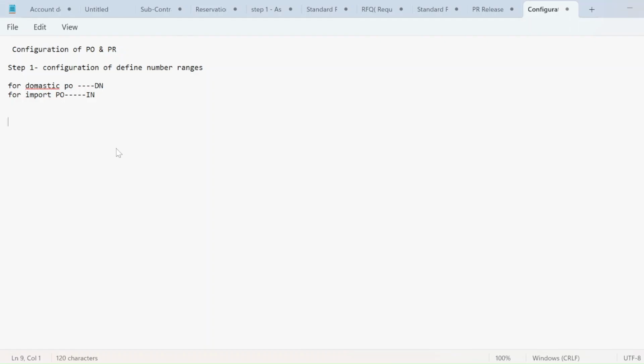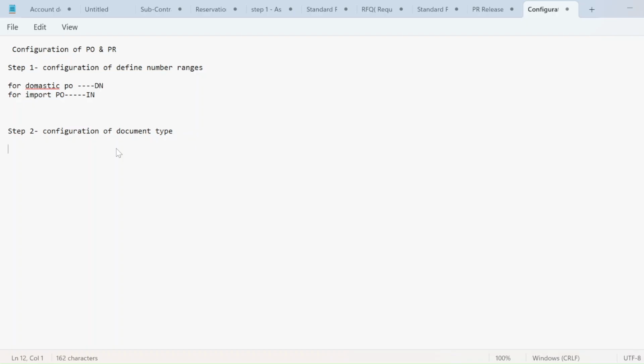So step two is configuration of a document type.